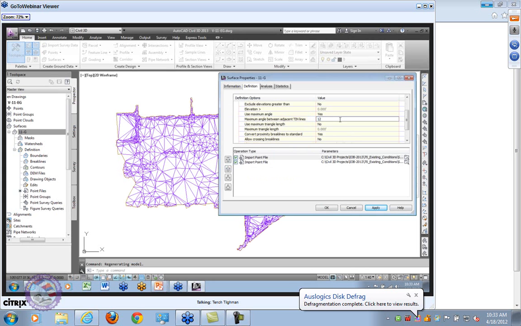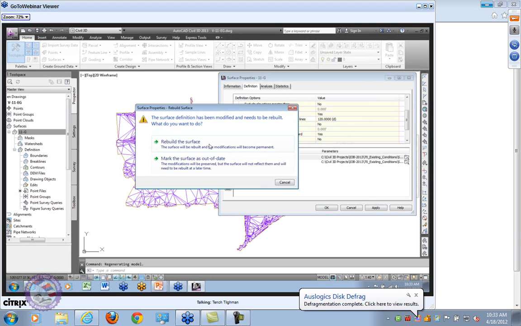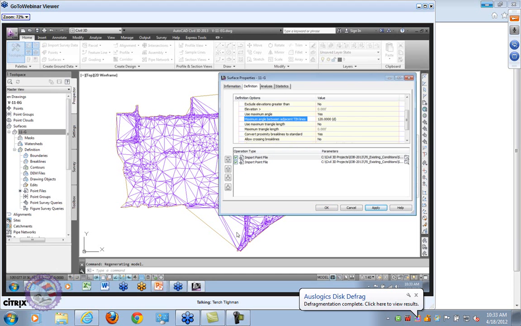If I made this like 120 degrees, apply, rebuild the surface, you'll end up with more that survive. Okay, all right, so I found basically the way this algorithm appears to work somewhere between 120 and 75, depending upon the condition of the data, and slightly more than 90 usually works a little better and gets a better result, but